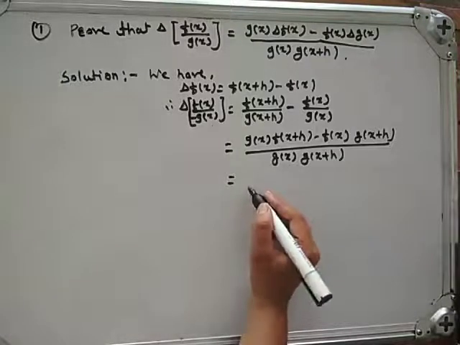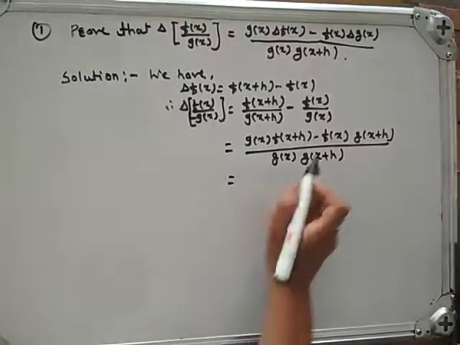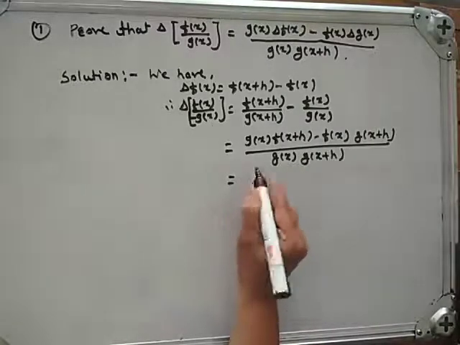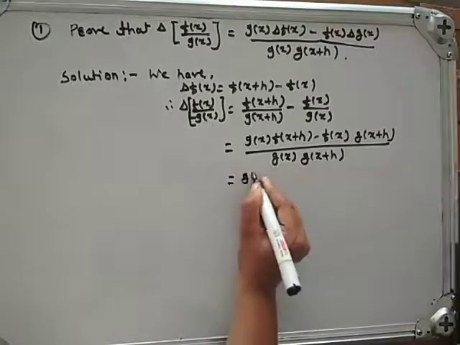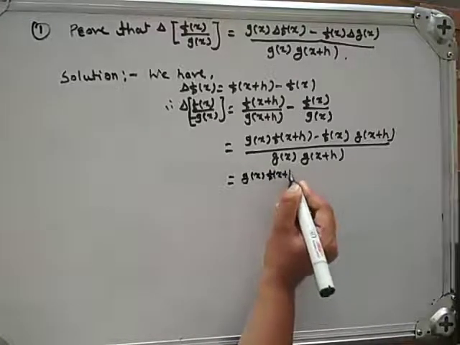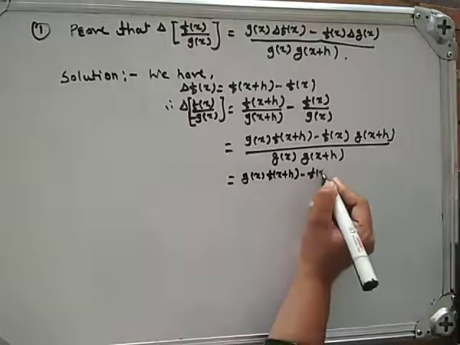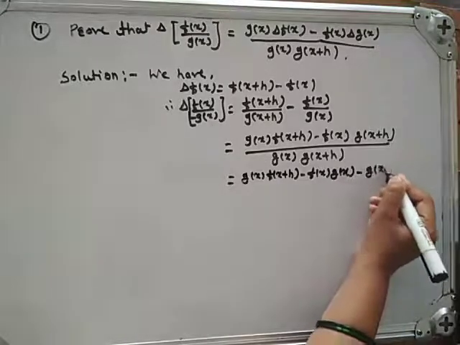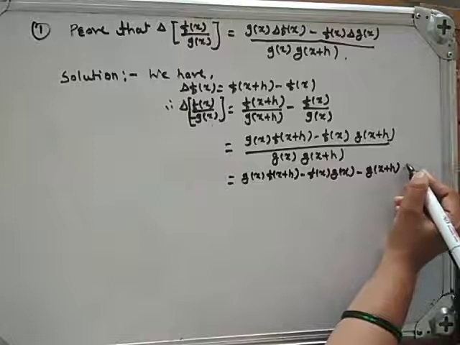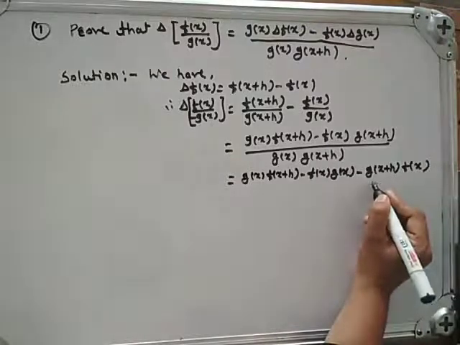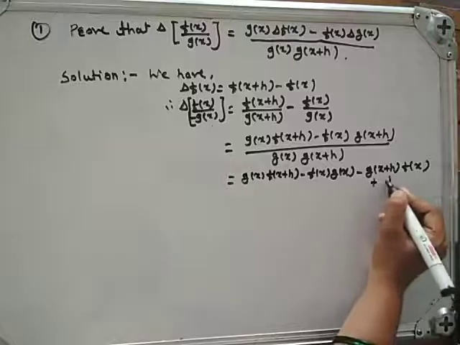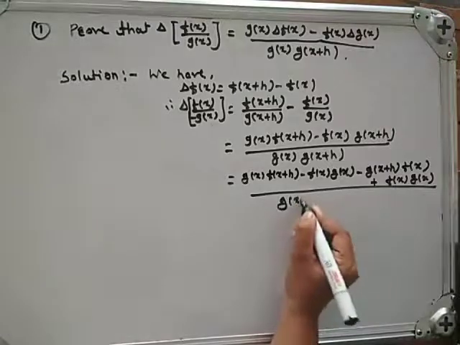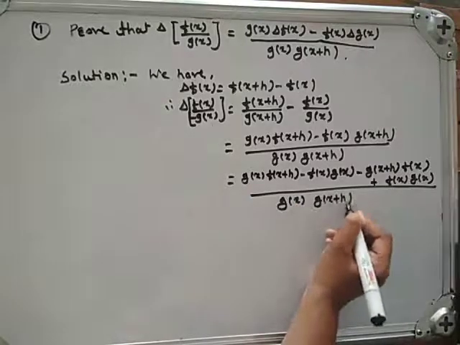Okay. Here we add and subtract. In numerator we add and subtract f of x into g of x. Therefore we get g of x into f of x plus h minus f of x into g of x minus g of x plus h into f of x plus f of x into g of x upon g of x into g of x plus h, which is